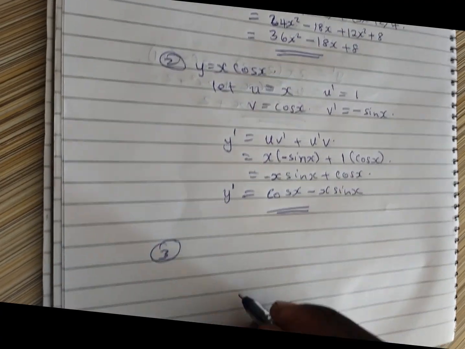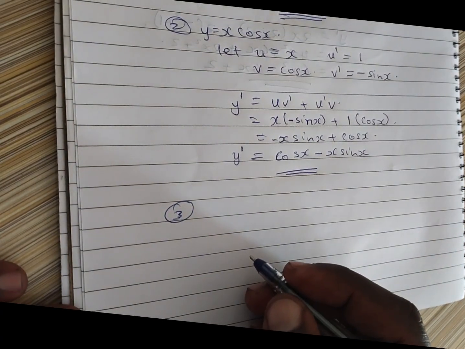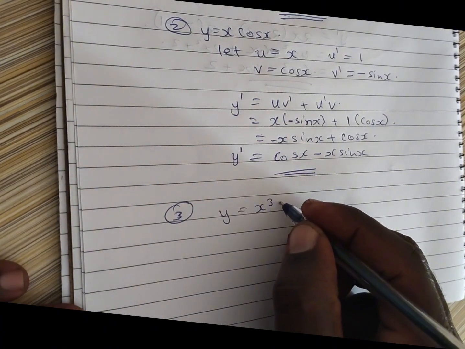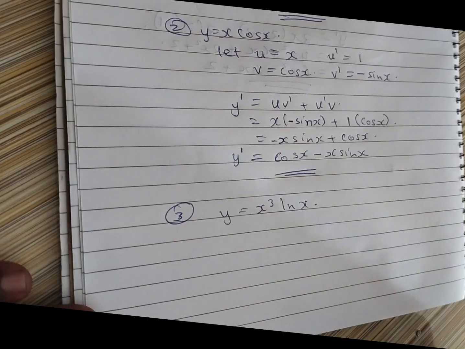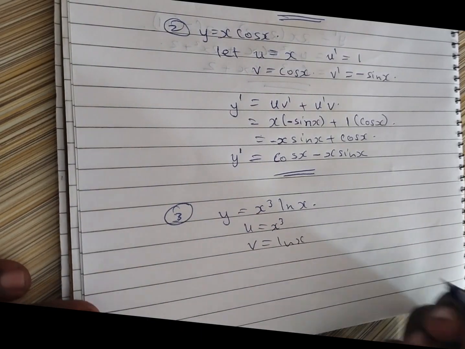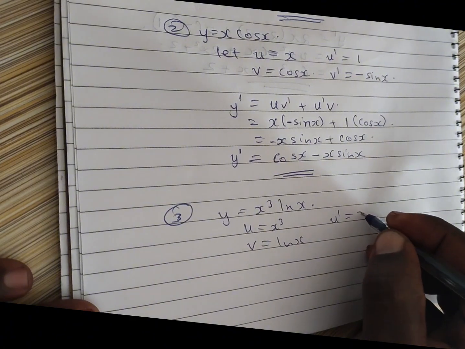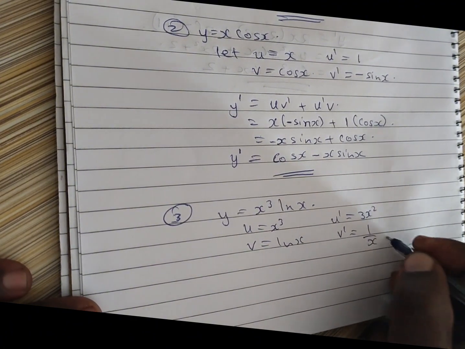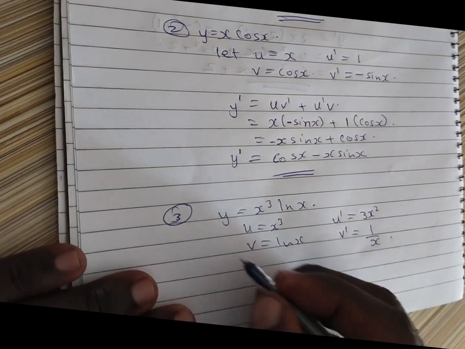Number 3. y is equal to x cubed natural log of x. So u is equal to x cubed and v is natural log of x. So u prime is equal to 3x squared and v prime is 1 over x. So y prime